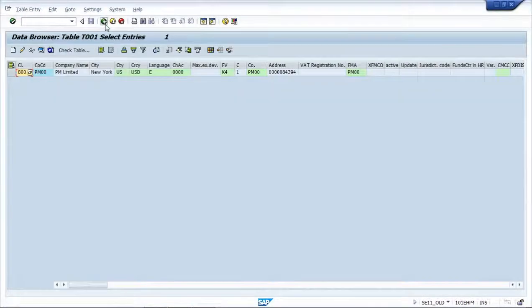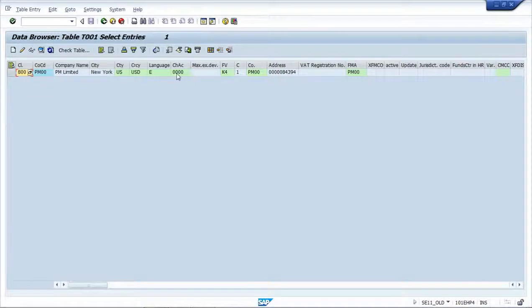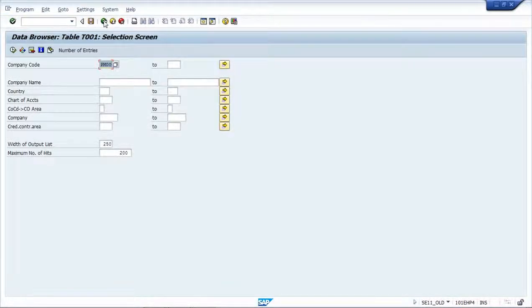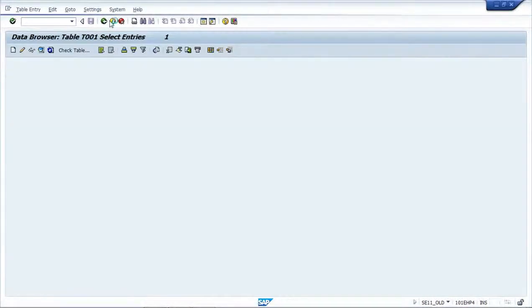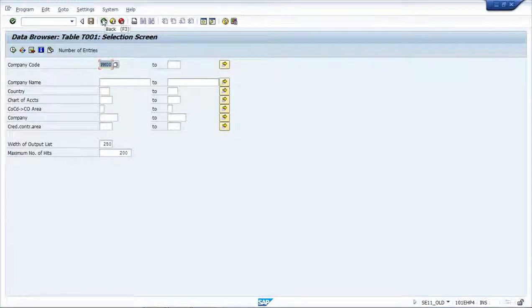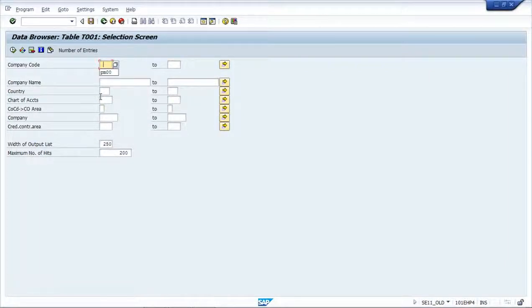Alright, so if I go back and execute again, still not changed. So that's how we can take help of the debugger functionally. If some entry needs to be edited or some error needs to be found, we can take help of the debugger and we can resolve our errors.